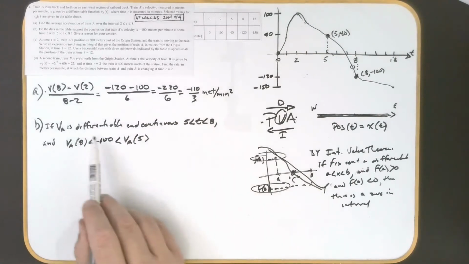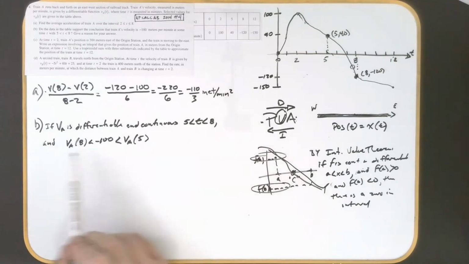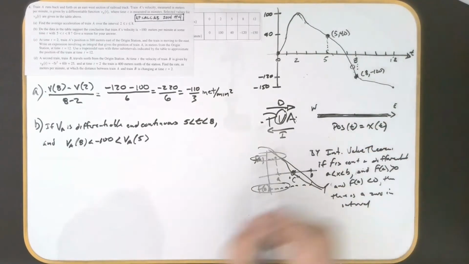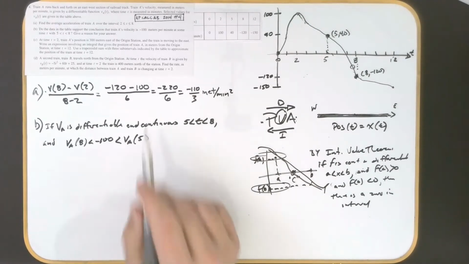So if v sub a is differentiable and continuous, check, and the velocity at 8 is less than negative 100, which it is, and the velocity at 5 is greater than negative 100, it is,